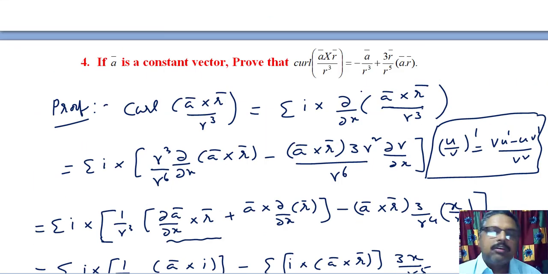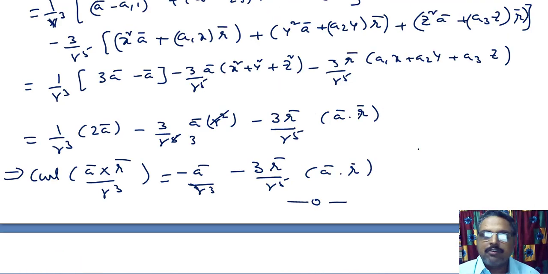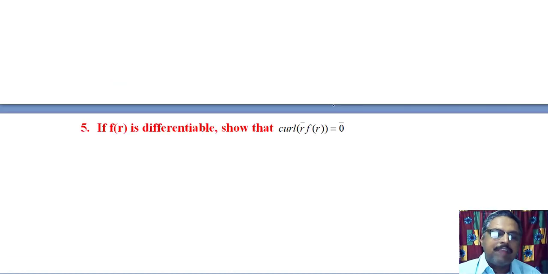So both the results are most important from the examination point of view and also concept-wise. Okay, today I will stop here. In the next class we will discuss another result. If f of r is differentiable, show that curl of r bar into f of r equals 0 bar. Just try it at least a few hours. In the next class, in the next lecture, I will